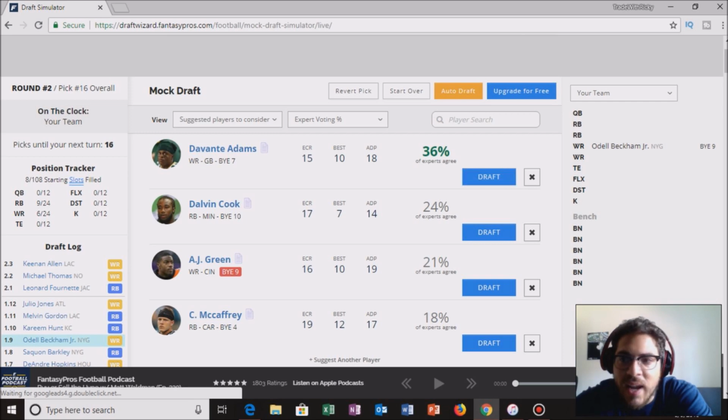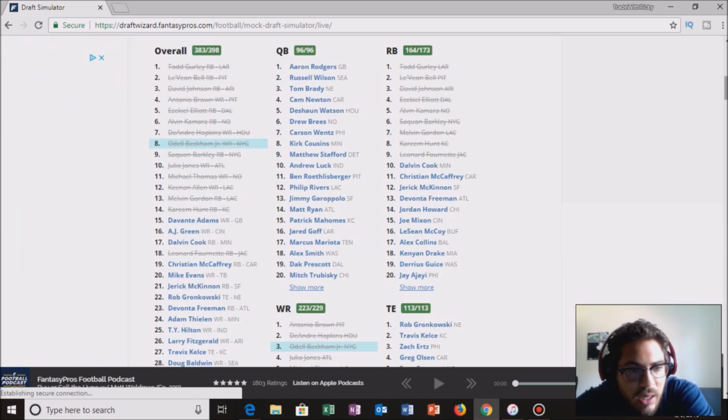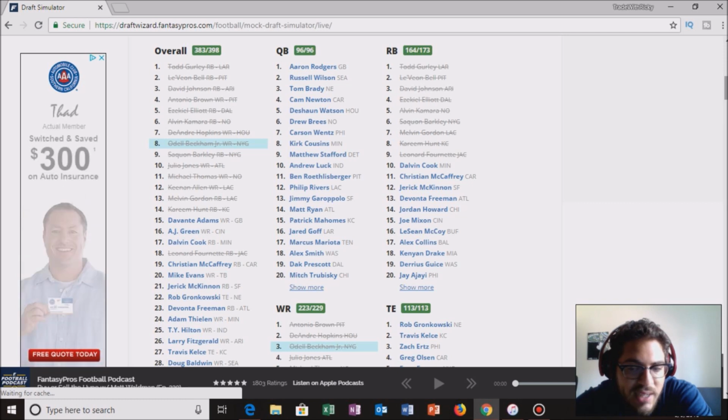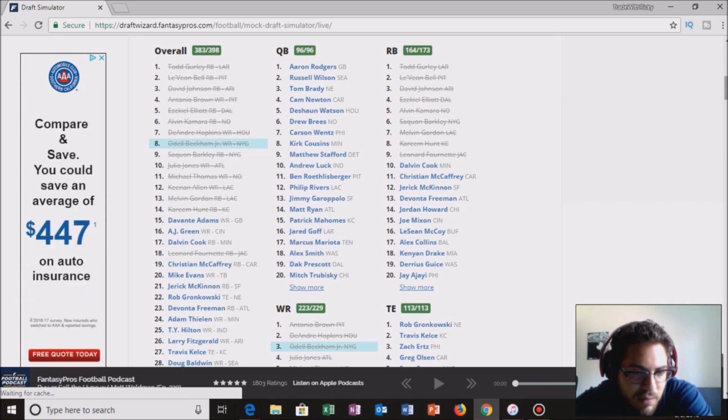Yeah. So as I predicted, Melvin Gordon went out. Michael Thomas, Kane Allen, Kareem Hunt, Julio Jones. At this point, I'm going to go with wide receiver heavy because I feel like I'd rather have AJ Green or Davante Adams than McCaffrey and Dalvin Cook. I think they're safer